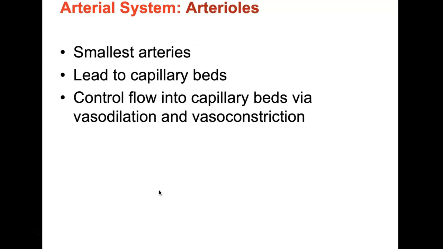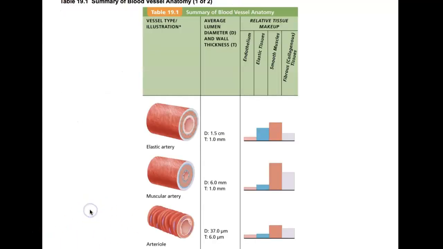Now, the flow that blood is going to take into the capillary beds is determined by arterial diameter, which varies in response to changing neural, hormonal, and local chemical influences. Changing diameter changes resistance to blood flow, and so arterioles are often called resistance vessels. So when arterioles constrict, the tissues served are largely bypassed, and when arterioles dilate, the blood flow into the local capillaries increases dramatically, and we'll take a look at this in a future